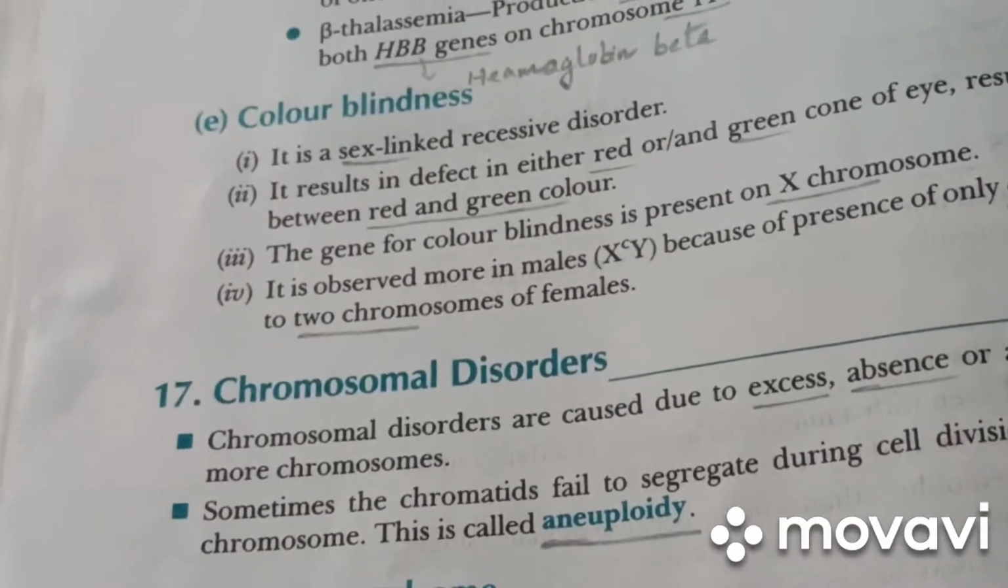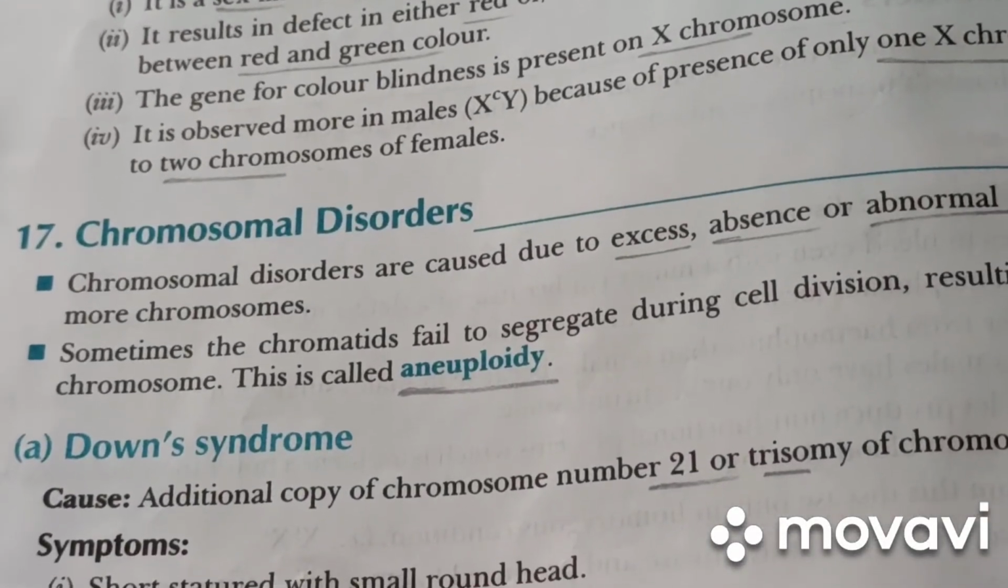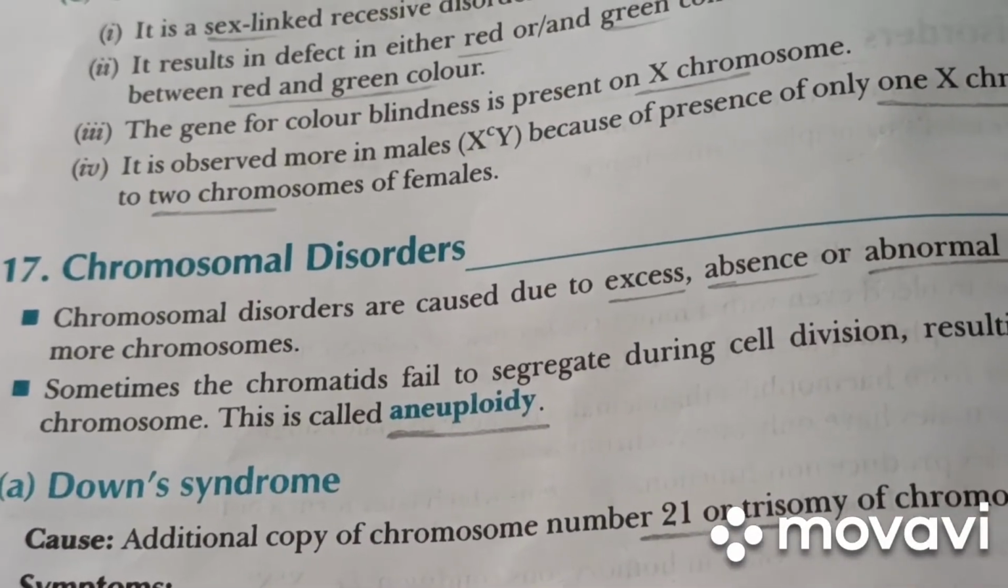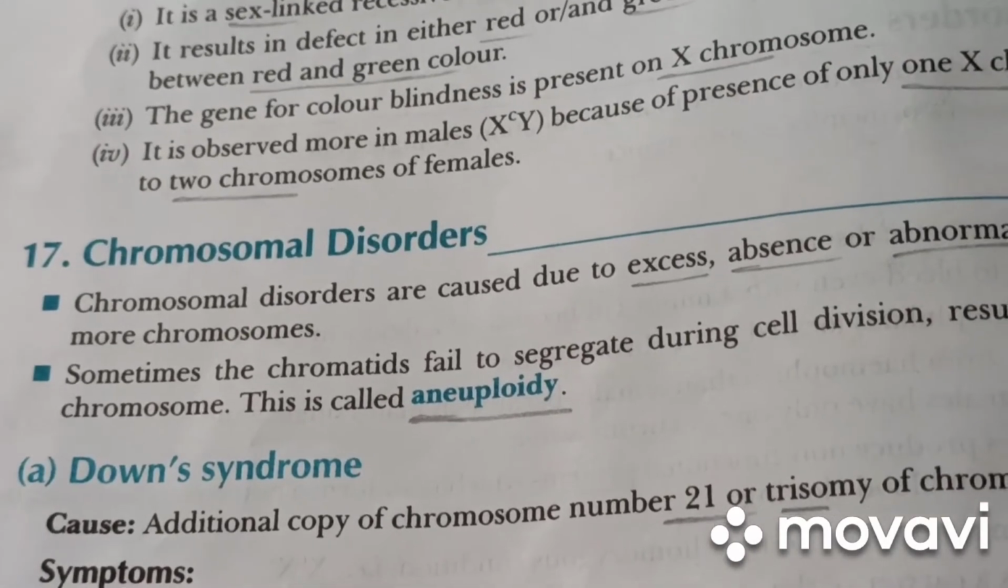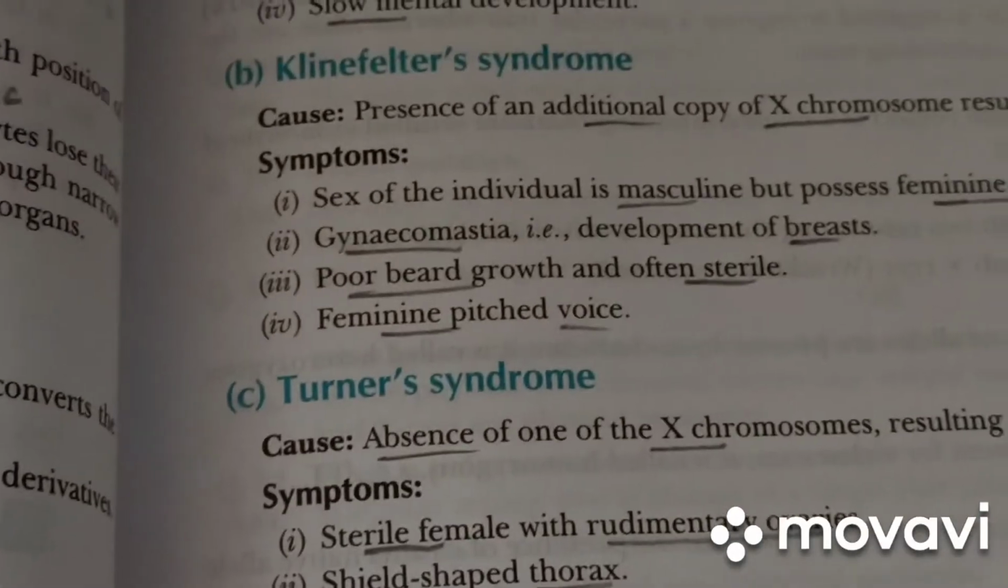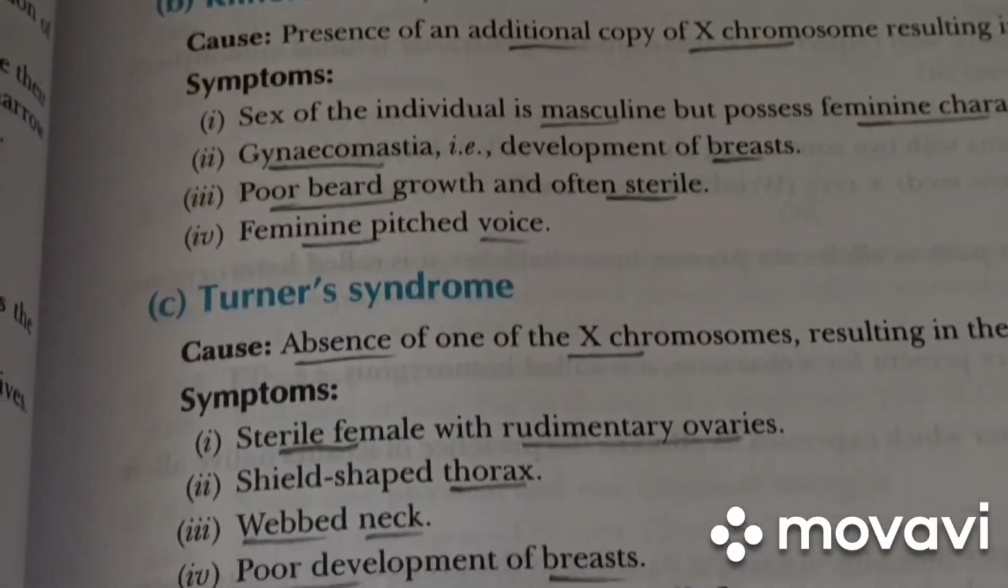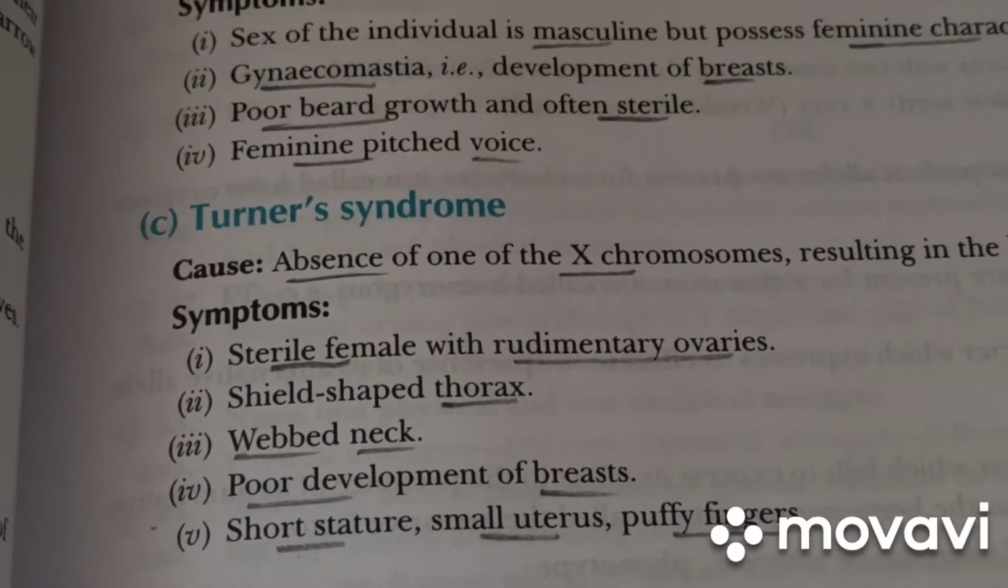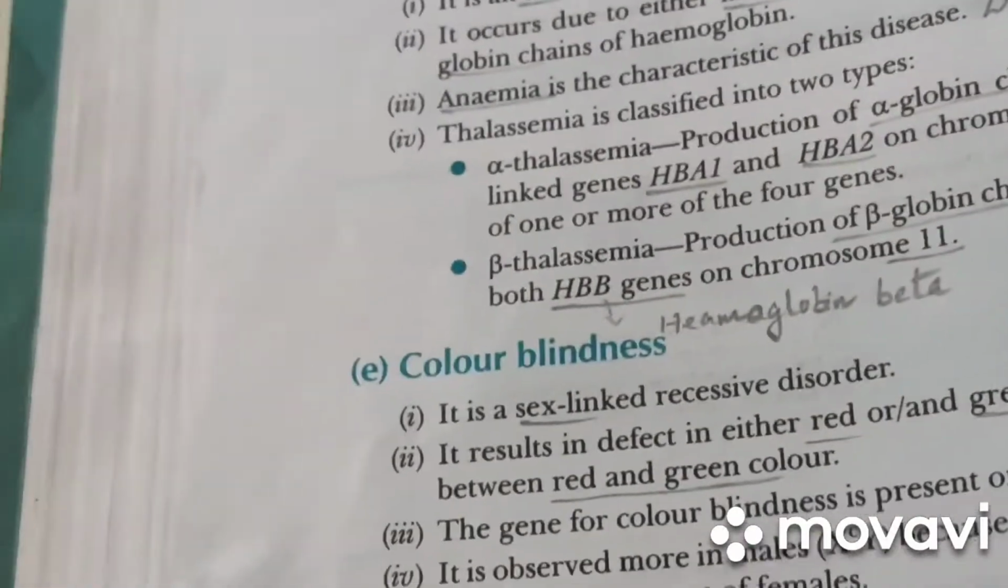Next we are going to learn about chromosomal disorders. It is related to chromosomes, genes. So there are different types. One is Down syndrome, I already told what it is. Second one is Klinefelter syndrome. Third one is Turner's syndrome. So what is meant by